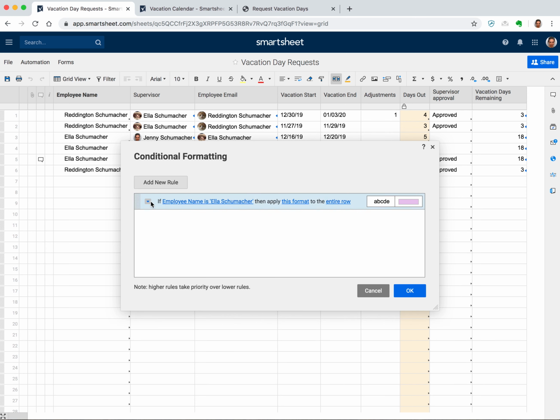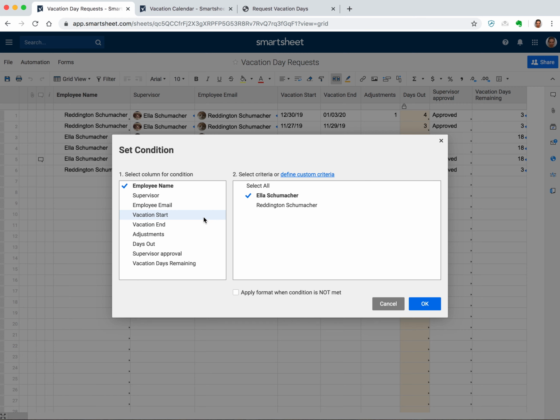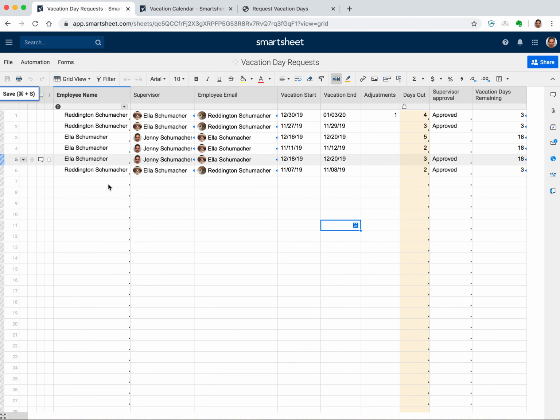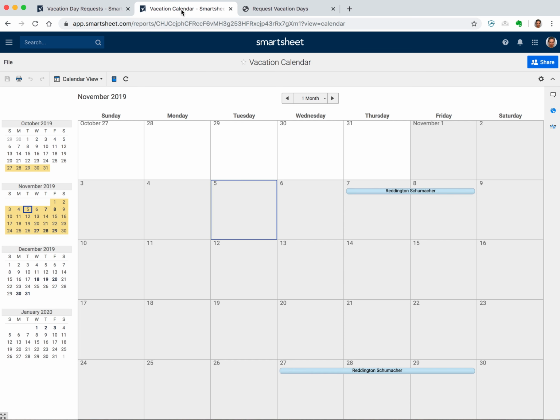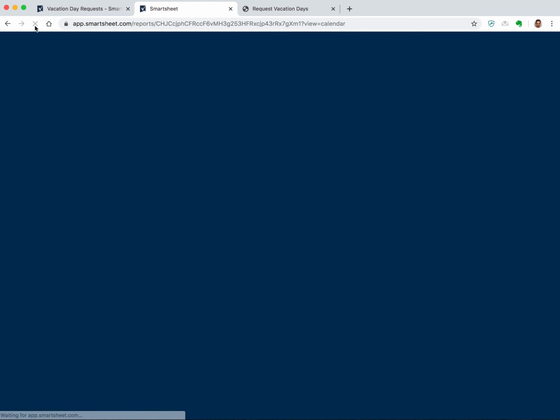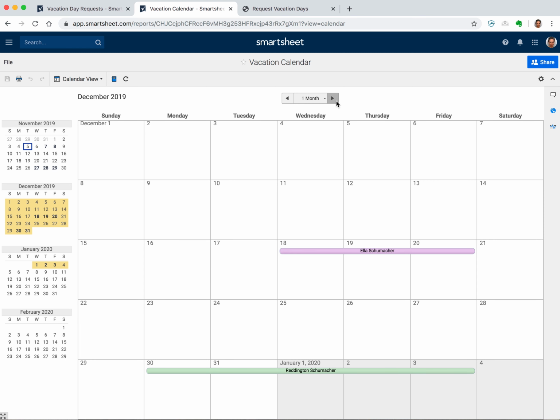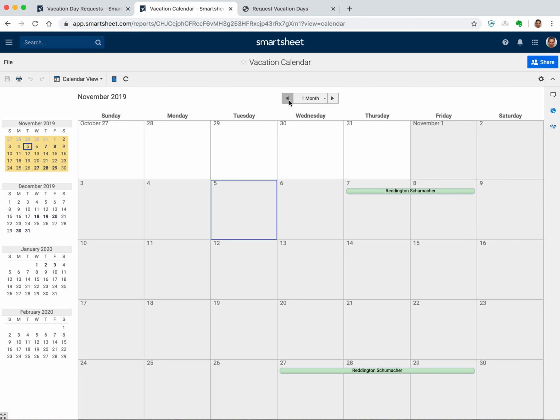Okay, and then I'm going to clone this, change this to Reddington, and we'll change the format to, oh, how about this bright green, minty green? Okay. Gonna hit save. Now nothing is different here because we only changed the taskbar color and taskbar isn't being used in this view. It's a grid view. Let's go back to the calendar and hit refresh. And there we go. Ella is purple, Reddington is green,